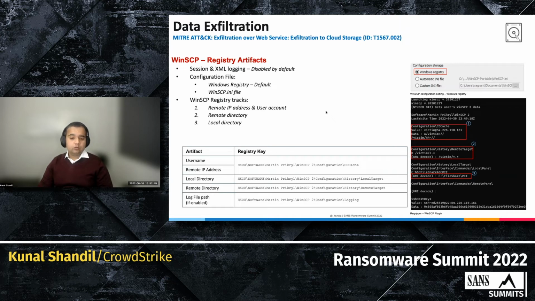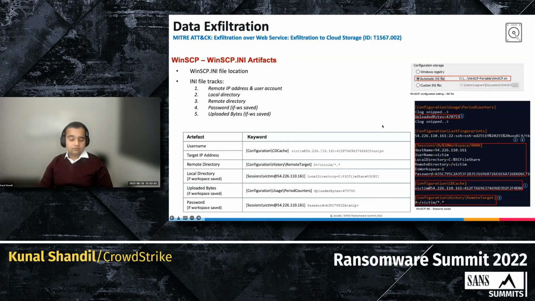Because the threat actors do not want these artifacts to be written on the disk, they will create a separate INI file, which they will be using while doing the uploads through WinSCP. And in many cases, I have experienced that during the operation, threat actors forget to delete these INI files. The location of these INI files will be the same directory from where WinSCP was executed, and investigators can analyze these INI files to identify different information like the local directory name, the remote directory name, along with the